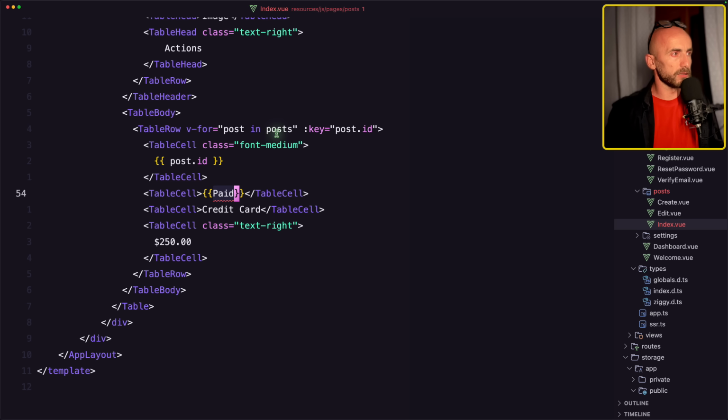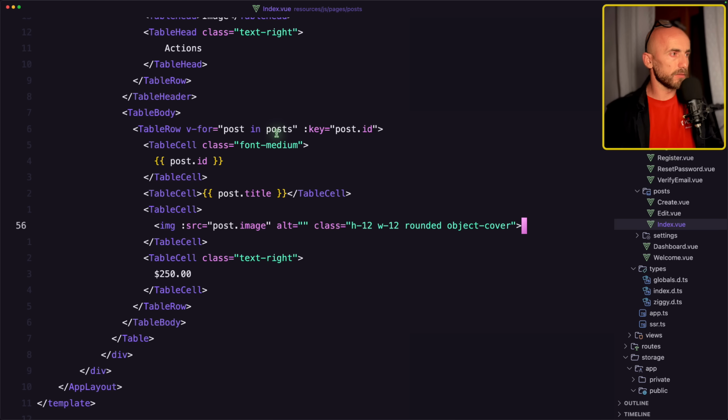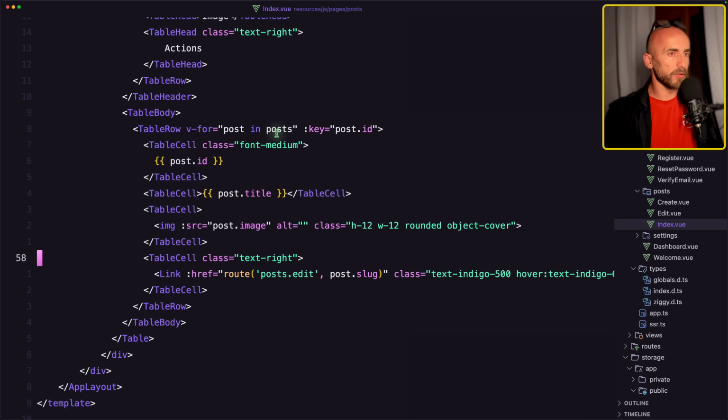Here we need to display the post title. Here we need to add the image, and yeah, we need to add the link for the post edit. I think we are good,